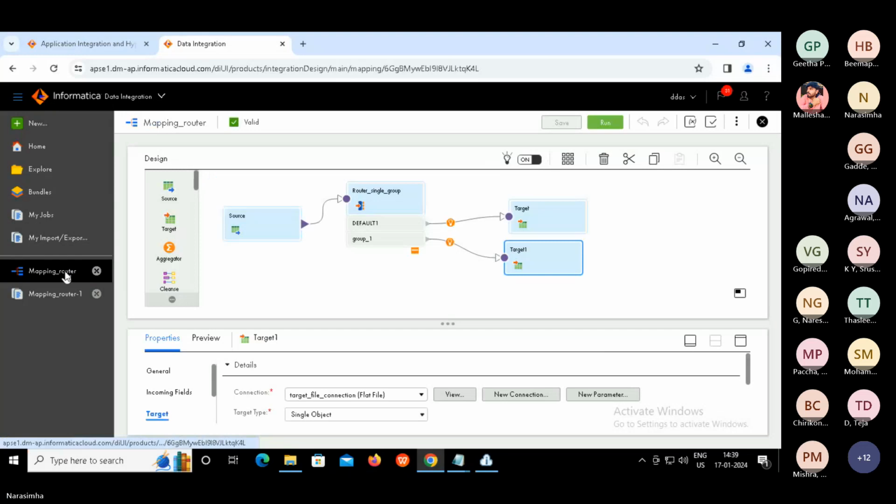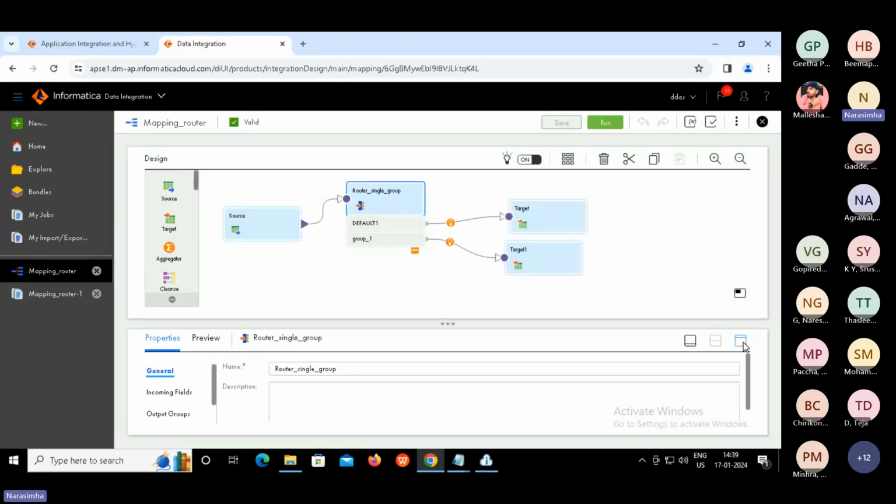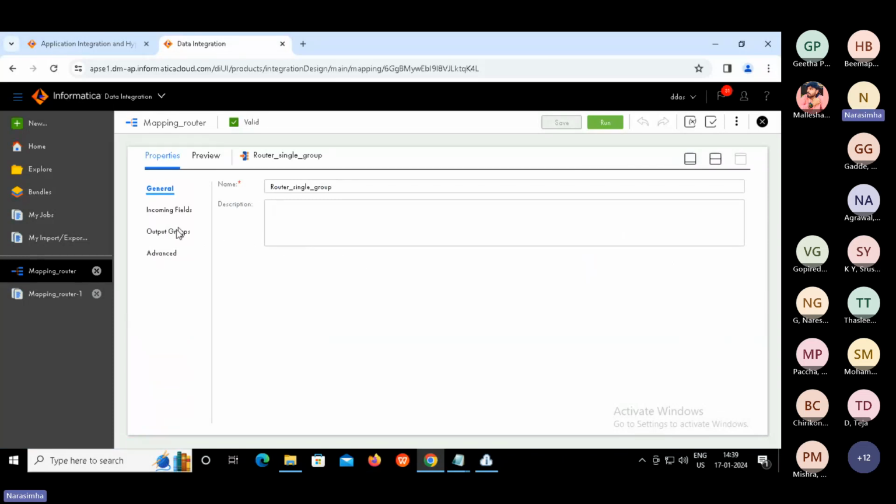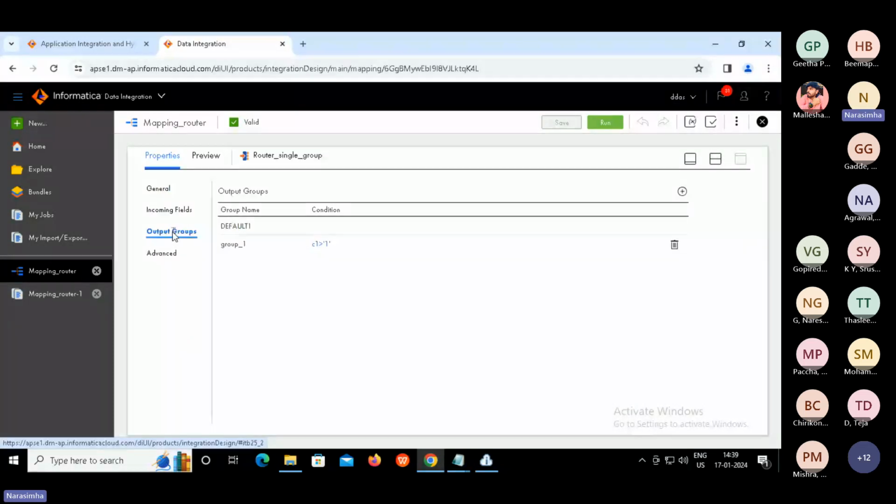So let me try to show how to do it. We all know that, but let us try doing it. So click on output group. First thing we need to do is add one more group. To do that, select router transformation, click on output groups, then click on plus and add group name, let's say group 2.